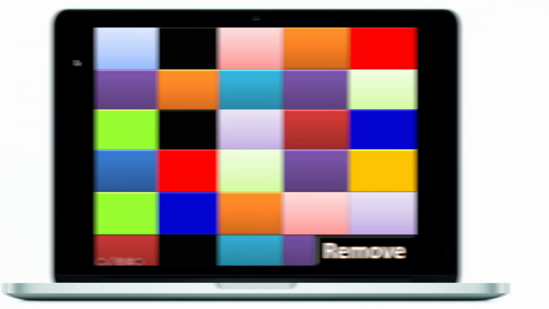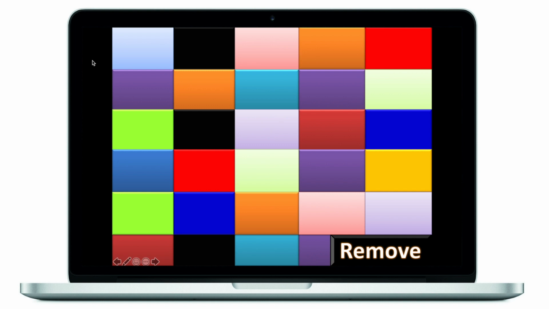Hidden Pictures would be my second best game, just because again it's so simple, it's so powerful, and this is how it works. You take an image or a concept from your previous lesson or something you want to elicit from your students, you hide it behind the squares, and then in the physical classroom you just project it on the projector. In a virtual environment, I would share my screen, and then you start removing these squares and eliciting